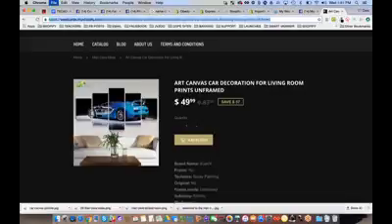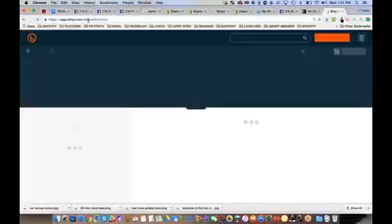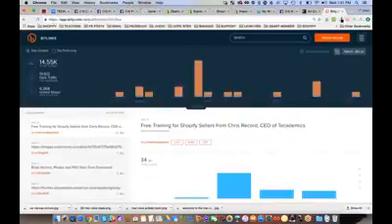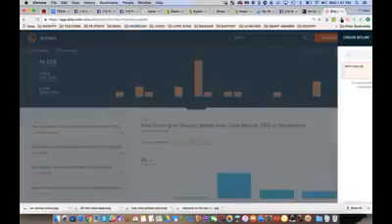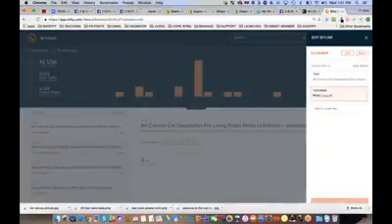What you can do is you can go over here to Bitly. By the way, we're in the process of creating a URL shortener app right inside of your store to be able to make this a lot better. But you can go over here to Bitly, paste your long URL there, and it creates a short one. Then you can customize this,